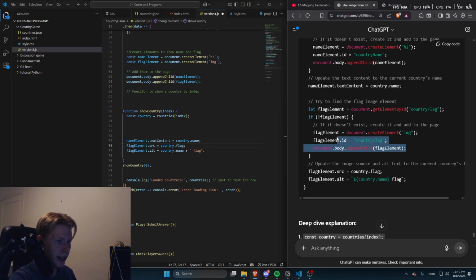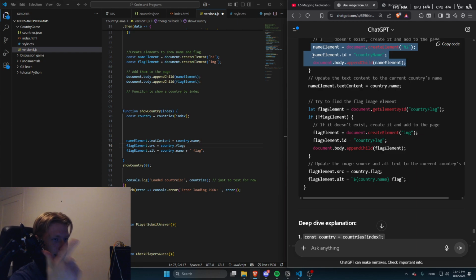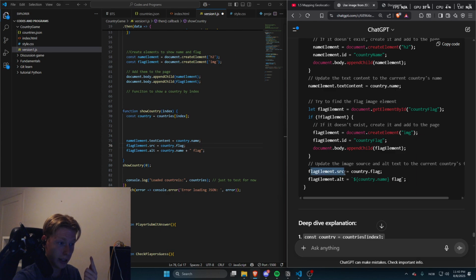So by the end of these lines, it's created an element, given it an ID, given it a string inside, but it hasn't given it an actual value. No data from the JSON file is given to that element. So that's why we need to do this, because the flag element.src, which would be the source of the flag element,